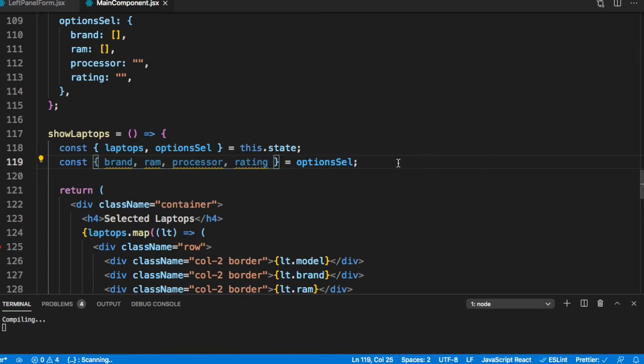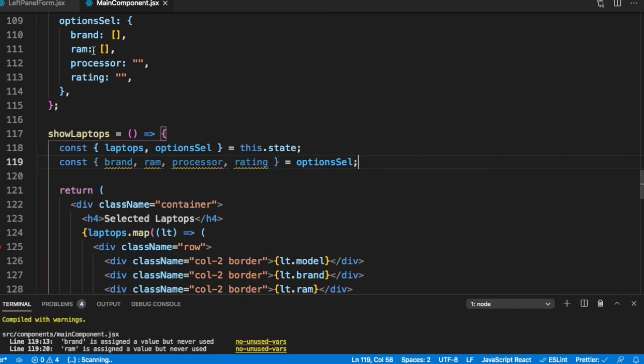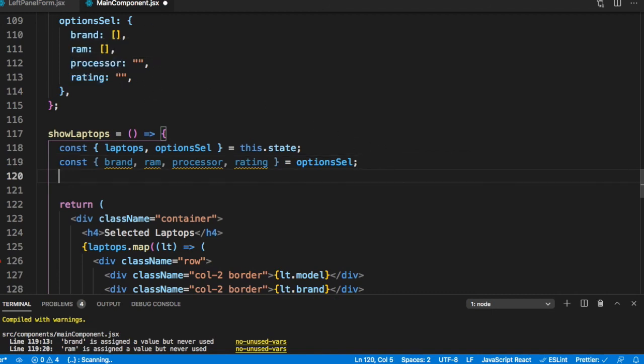There are two kinds of filters we will need to write, because brands and RAM are arrays, so we need to filter on that, and processor and rating are strings. Let's start with brands.